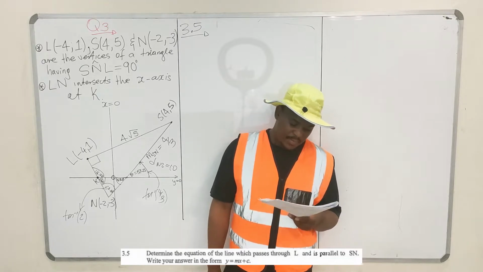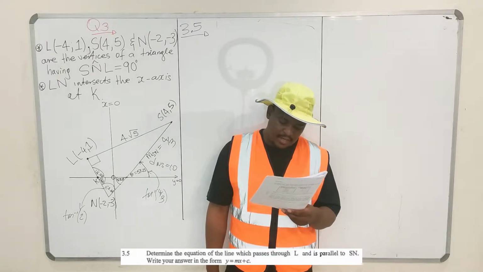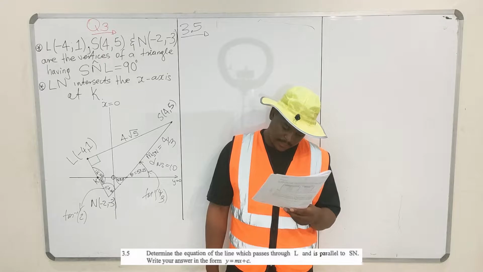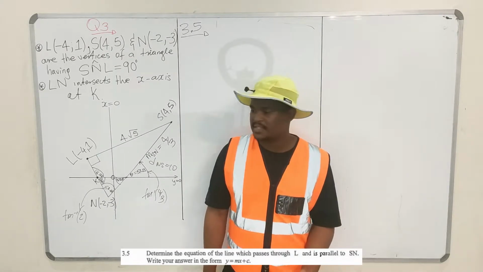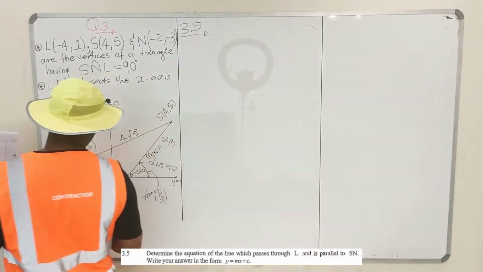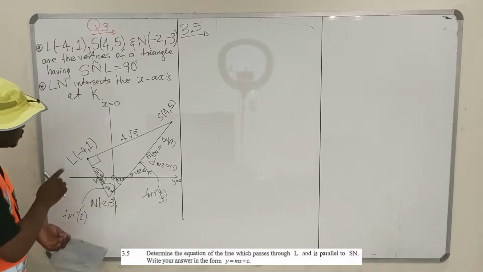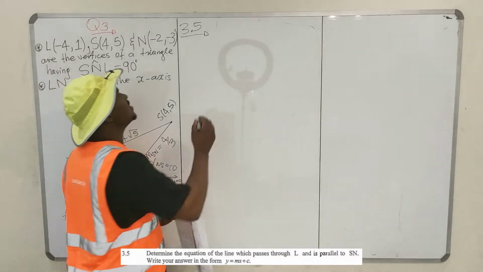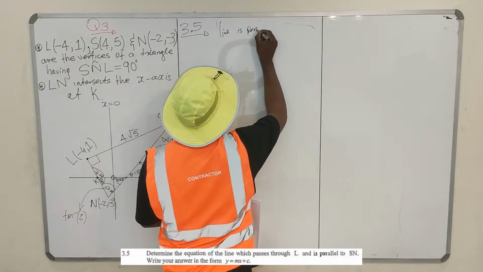Let me read this again. 3.5. Determine the equation of a line which passes through L and is parallel to SN. Write your answer in the form y is equal to mx plus c. They want an equation of a line that passes through this point but parallel to SN. What does it mean? So they're saying this line is parallel